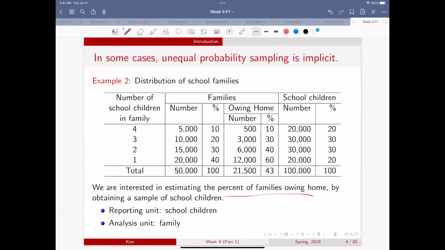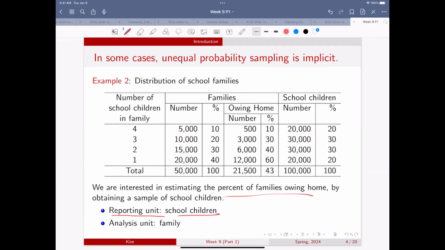So you have access to the school children, and you can ask the students whether you own the house or are renting it. Then the reporting unit is school children,